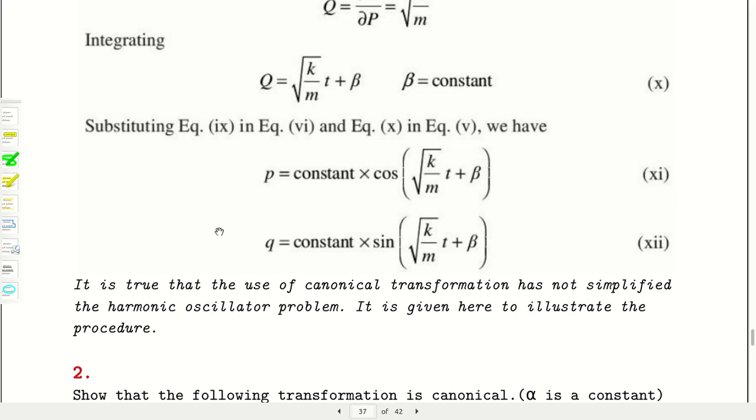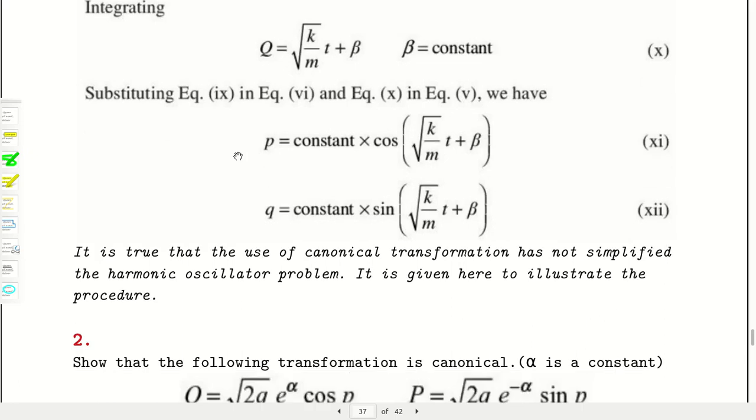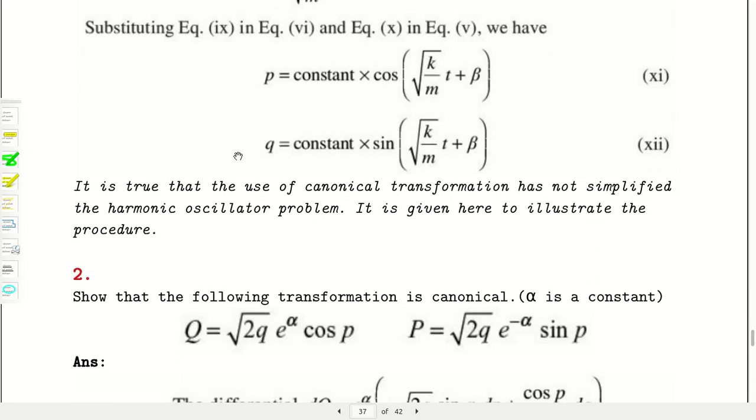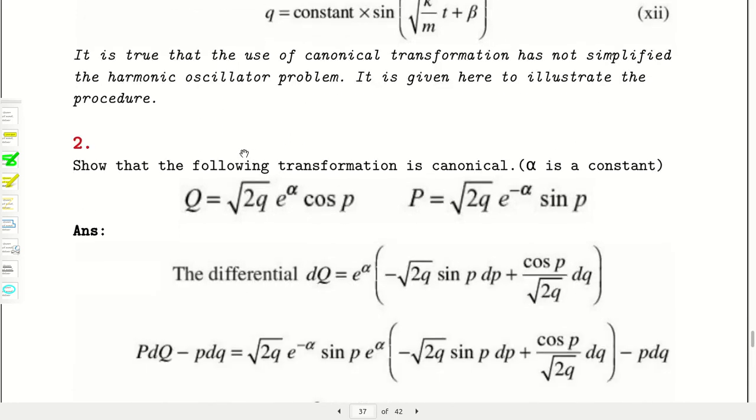The easy cases will be complex, but in the complex cases where Newtonian mechanics is very difficult to use, you can use the canonical transformation, and the complicated cases can be very easily solved using the canonical transformation technique. But we have only this example in our syllabus, so we should stop here, and some other examples are there.